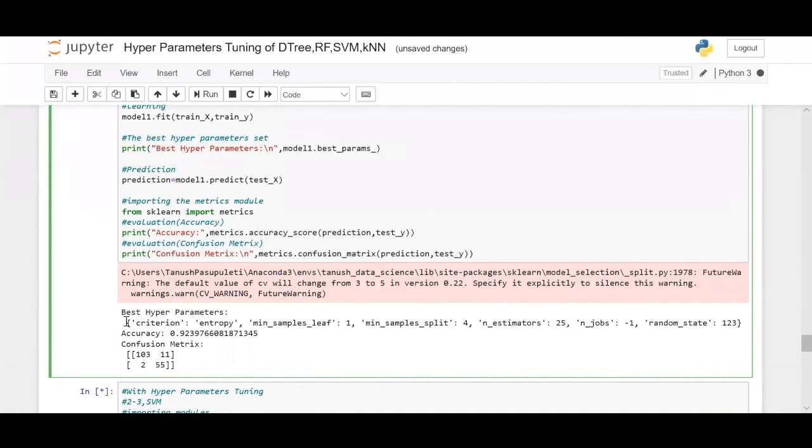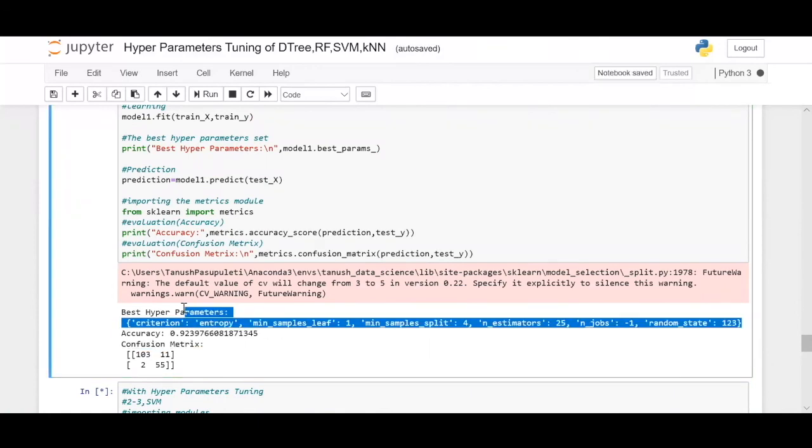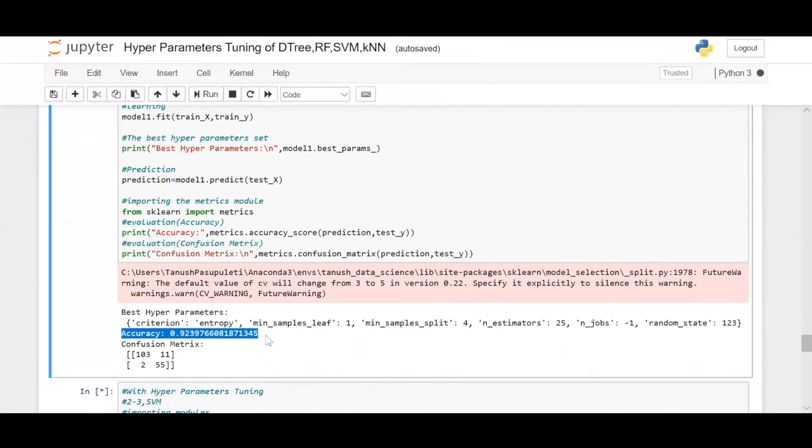Okay, so we have the model out. So these are the best hyperparameters which we identified for the random forest run. Okay, I think the accuracy hasn't changed much. I think that means for this model, the accuracy for the random forest model upon this data saturates at around 92.3%. That can be one hypothesis. I think because in the previous case also we had identified the same accuracy or a similar one, and the confusion matrix is this. All right, so let us now move on to SVM.